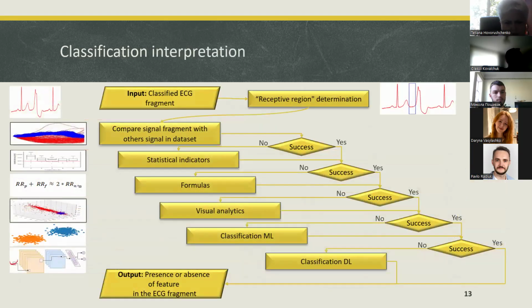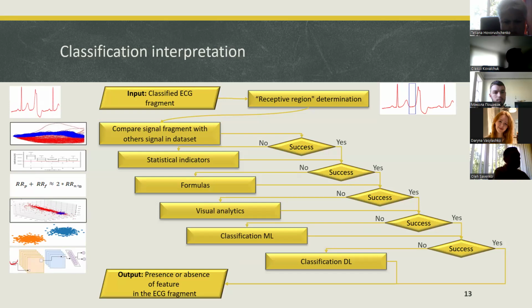The next step of electrocardiogram processing is interpretation of the classification. The main idea of the proposed method is explanation of the classification result using the features that a doctor uses to diagnose pathologies on an electrocardiogram signal. Those features are predefined for each type of pathology and may all be present on the signal or only some of them. The input information of the interpretation method is the electrocardiogram fragment used for the classification and the class of pathology determined